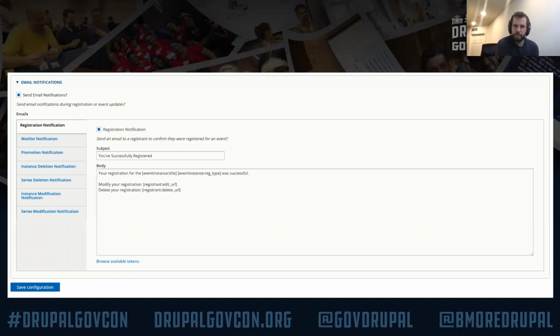Cool. Conrad asks, can you set permissions to who can manage registrations? Like anyone with a role of main library can manage registrations for an instance created by someone with that role. Yes. So, there's loads of permissions, last time I counted, it was 30 or 35 or something, and a bunch of them relate specifically to registrations.